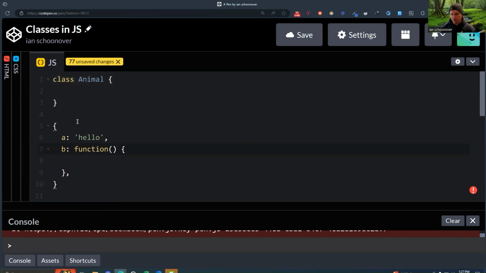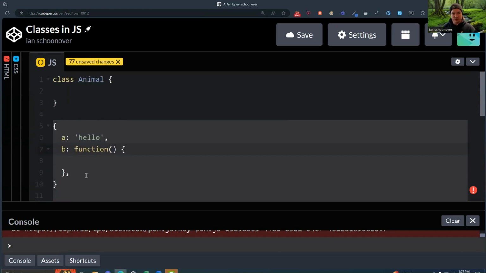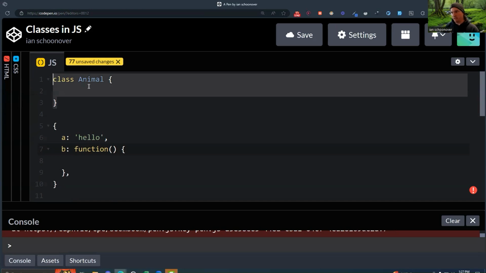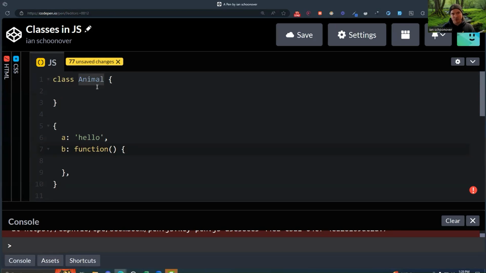So I'm not going to go into objects or the prototype. Feel free to read that stuff on MDN. I can share some links to those resources, but there are going to be some differences between these object literals that you've probably already used, and the objects that are going to be created via a class. First of which is the type of object, or which prototype the object uses. In this case, because we called the class Animal, any instance of the Animal class will then be an Animal